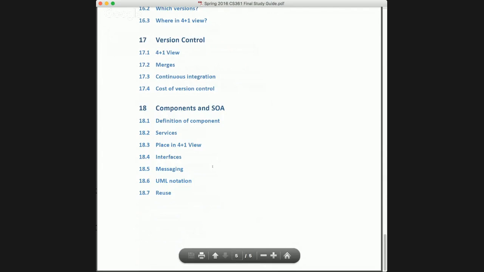And then finally, with components, you should be able to understand what a component is. I think that was part of the nature of that last question. Components typically provide some set of services, either at a low level, like an individual object level, or at high levels, like we saw. In terms of the 4+1 view, they are typically in the compilation and deployment activities. As part of our development activities, we're building components, and often they're deployed into a runtime environment. And they have well-defined interfaces, like we saw with the